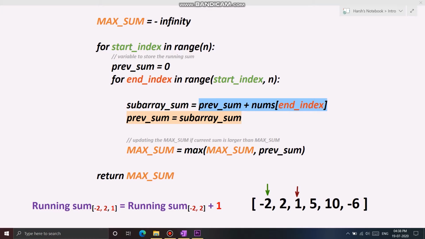And the sum of the current subarray is going to act as the previous subarray sum for upcoming subarrays. If the current sum beats the best result so far, then we are going to update max sum. So the time complexity of this solution would be n square because now we can compute the subarray sum in constant time.